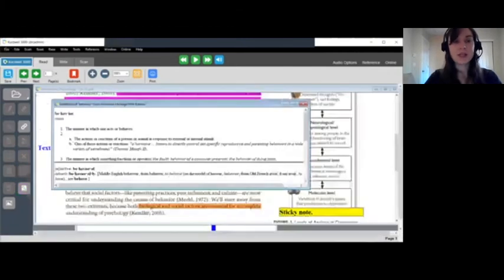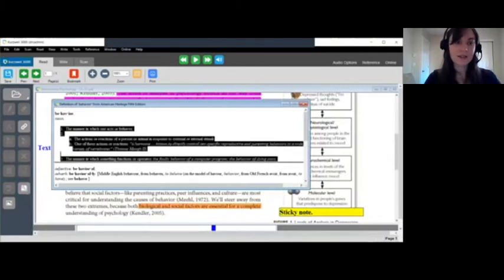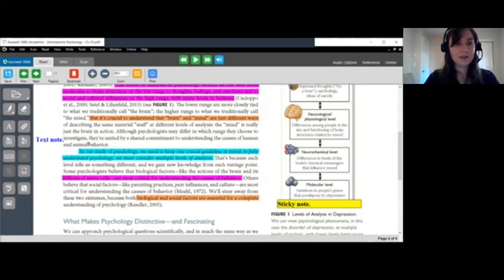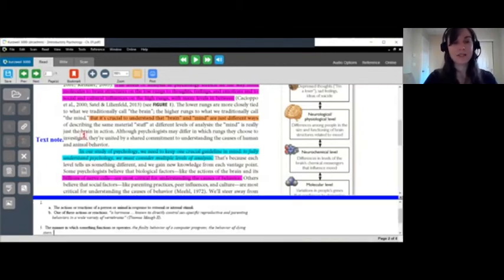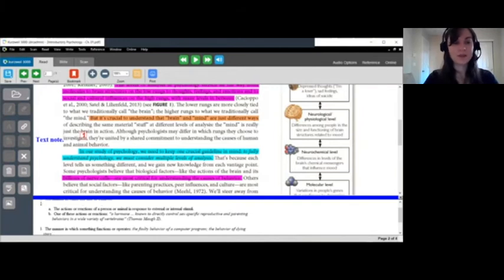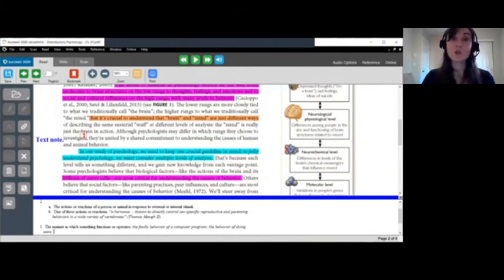And this will give me a pop-up window that then has the definition of behavior in there. So now I'll go ahead and highlight all of this definition, and I will copy that. And then it's still selected before behavior. And now I'll go ahead and use my footnote feature, and I'll paste my definition here. Then to navigate back to my reading, I can then use this X button that's in the left toolbar.